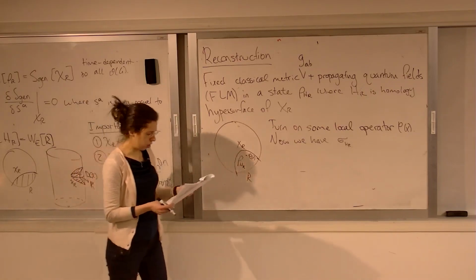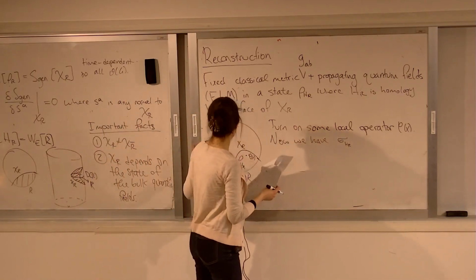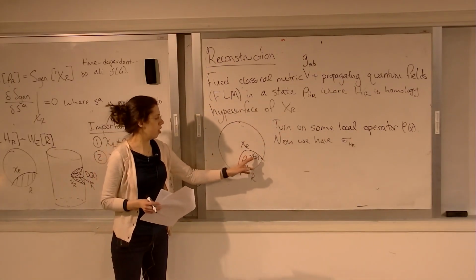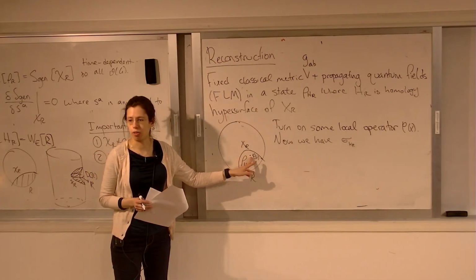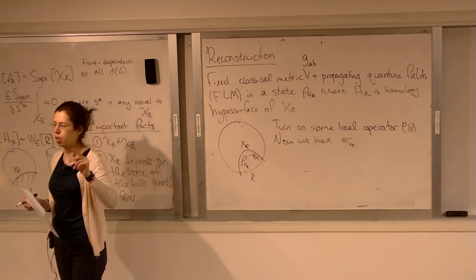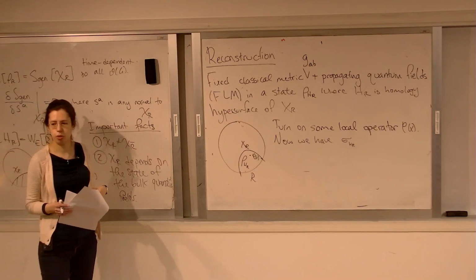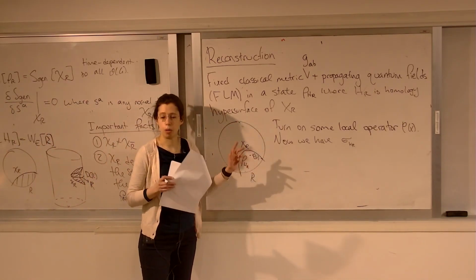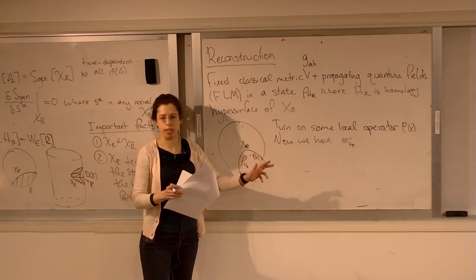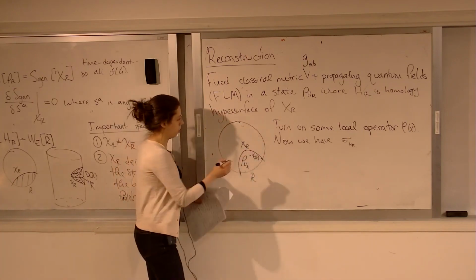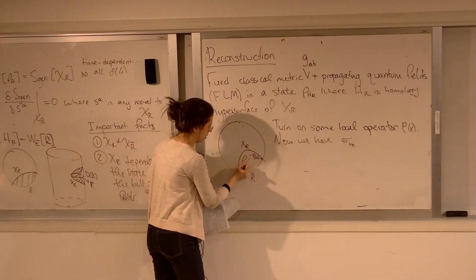And so the way that, and I should say in particular, we're most interested in turning on this operator behind the causal wedge, because you can figure out that there's this protocol called HKLL for doing reconstruction within the causal wedge, and so we're most interested in seeing, can we actually reconstruct the full entanglement wedge? If we turn on this operator somewhere behind the causal wedge, let's say the causal wedge looks like this,